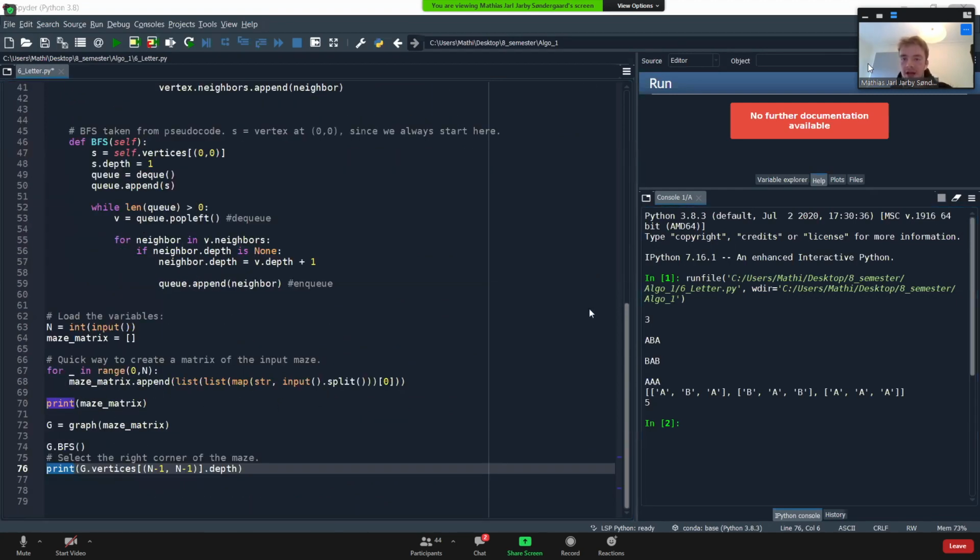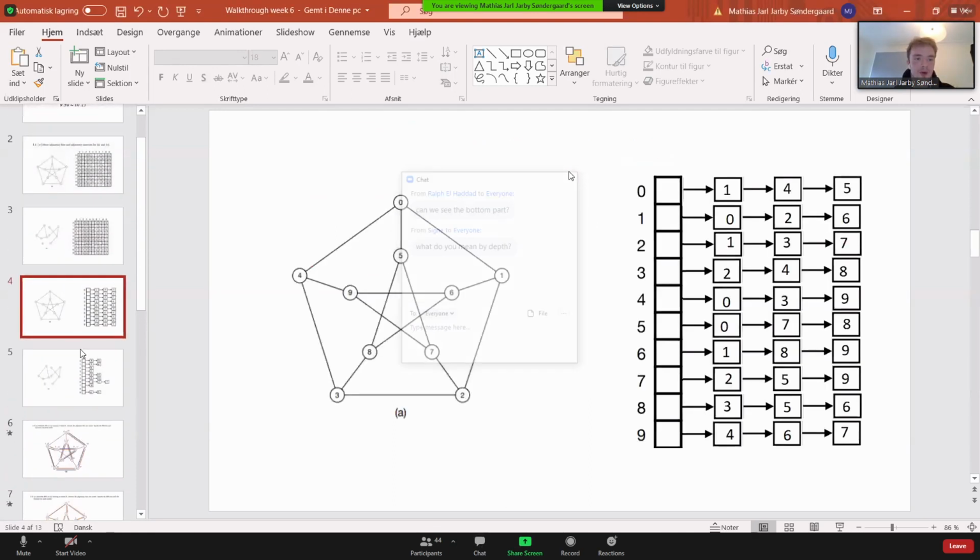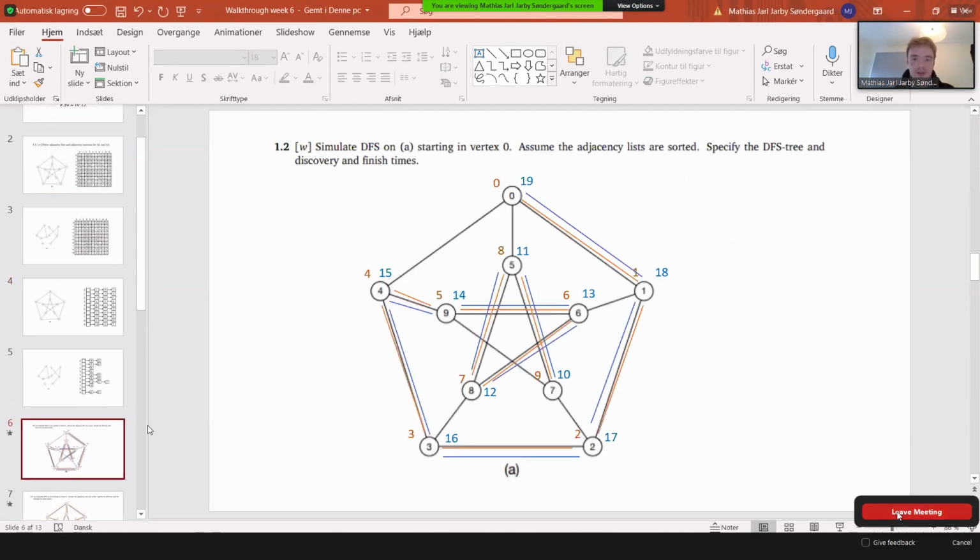And now Sina had a question, which is, what do you mean by def? Well, you can think of def as the distance to a node. So like we had in a previous exercise, I think it was this one over